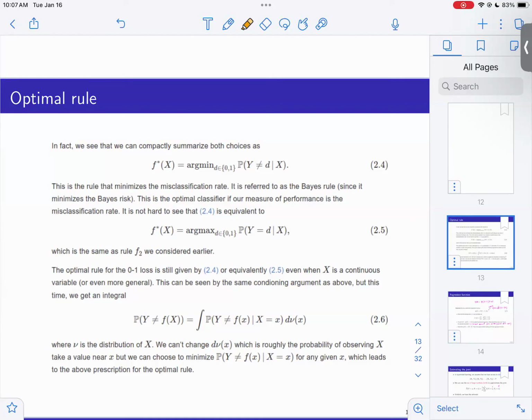First, I assume that I know the joint distribution. So I have this conditional distribution. And then from this, I can calculate this optimal decision rule, which is sometimes called the Bayes rule, or optimal rule. But in practice, I don't have it.